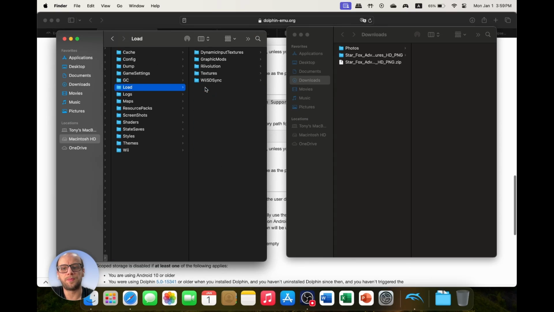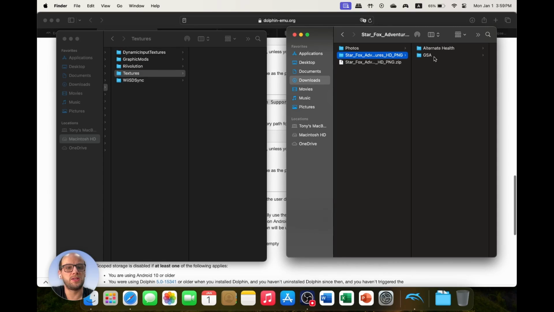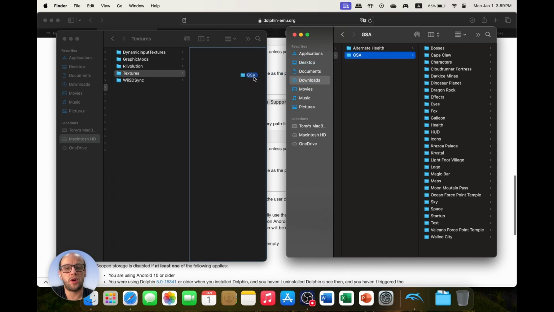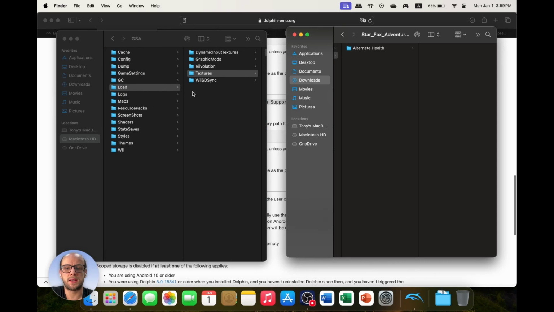So I click Load, and then Textures, and I just grab this GSA folder and then I copy it over. And that will copy it all over to the Textures folder. And then when I go to Dolphin now,